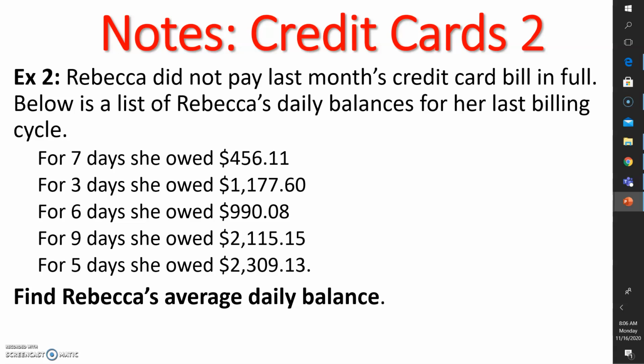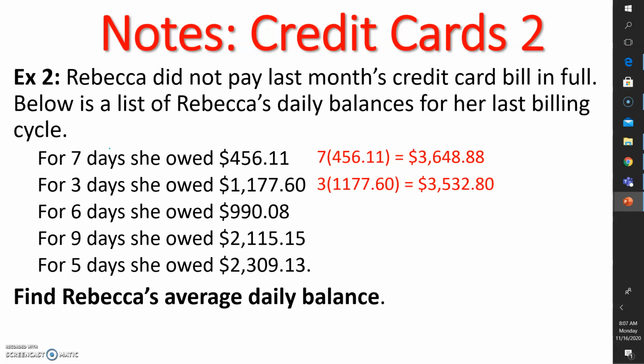Because when determining how much interest you pay, how much your finance charges, it is based off of your average daily balance. Now, we know mathematically speaking, we find averages by adding up all of the days and then dividing by how many days there are. So in order to do that, we recognize here that there are 7 days at 456.11. So instead of adding 456.11 7 separate times, we're going to do it a little simpler. Let's multiply it. So we have 7 days at 456.11, which gives us